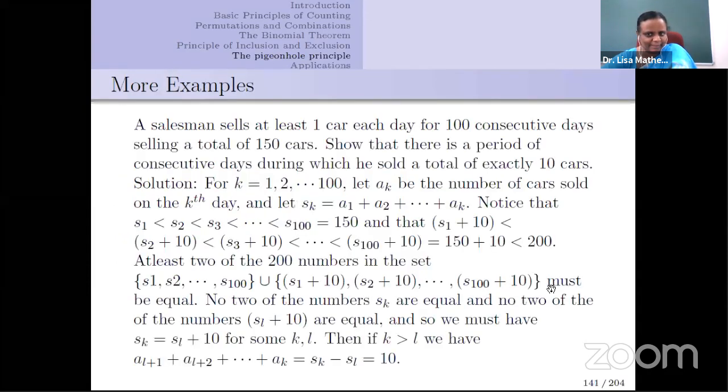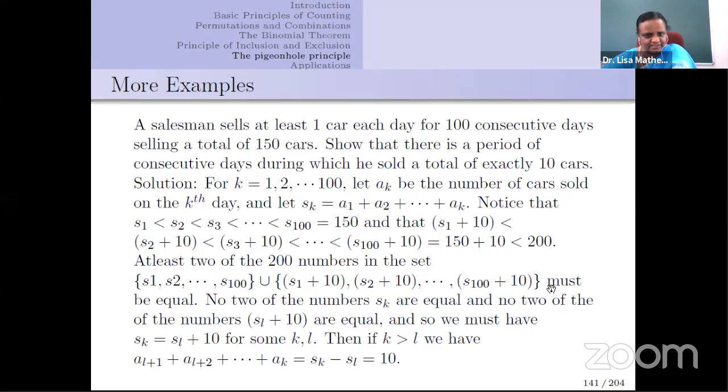Some more examples. Now this is a little more complicated. A salesman sells at least one car every day for 100 consecutive days, and he sells a total of 150 cars. Now I need to show that there is a period of consecutive days during which he sold exactly 10 cars. Okay, so the solution for this problem is, suppose I take k as 1 to 100, and suppose ak